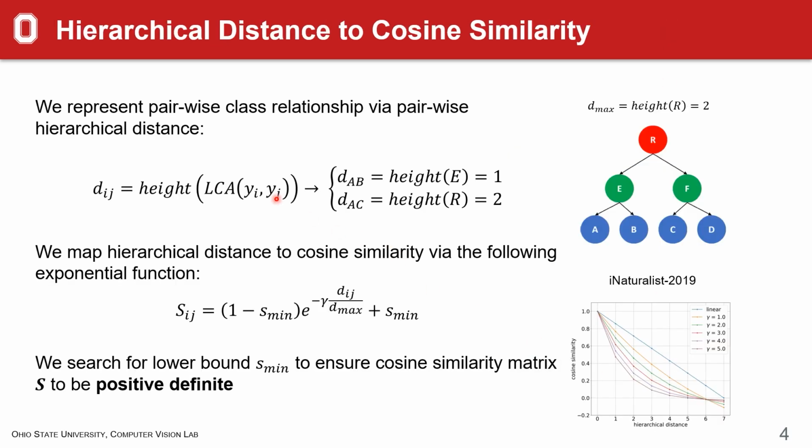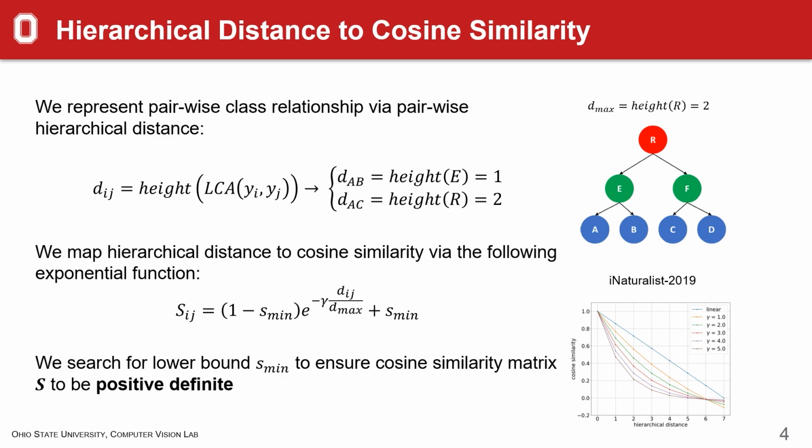For a given hierarchy of classes, we first represent their class relationship by the following hierarchical distance, which is the height of the lowest common ancestor between the leaf classes. Then we map the hierarchical distance to cosine similarity via an exponential function. This function has one hyperparameter, gamma. On the right, we have a figure showing you the influence of gamma. Larger gamma will map closer classes further apart from each other. We also need to search for a proper lower bound, S-min, to ensure the resulting cosine similarity matrix S to